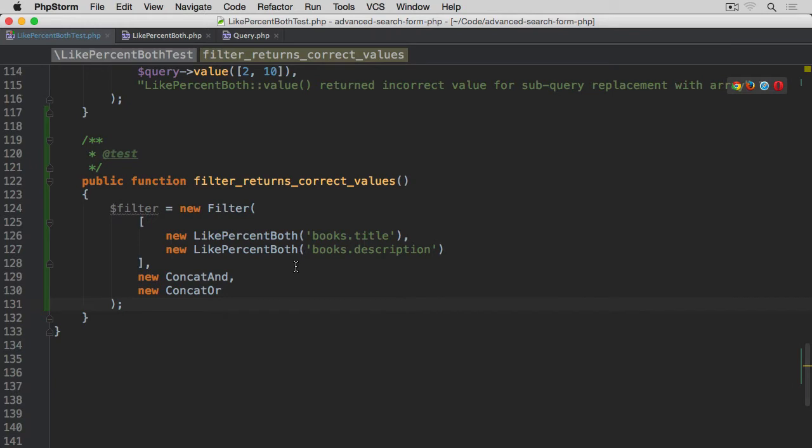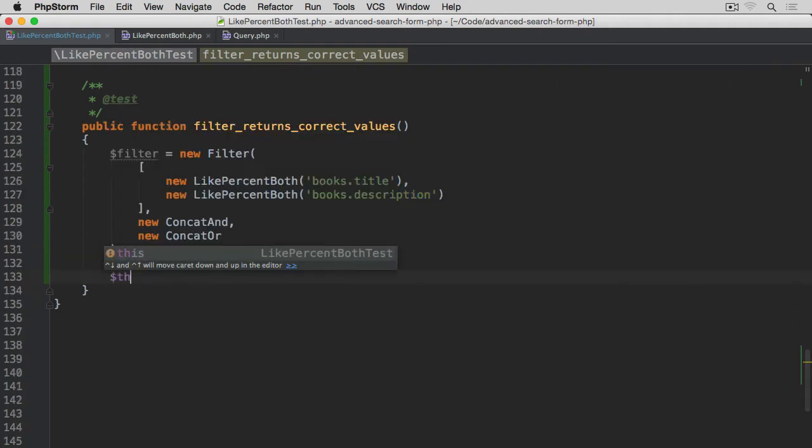So that's our filter instantiated. We have two items within a queries array. So this inner ConcatOr will basically concatenate them with the OR keyword in between. So either book's title or description equals whatever is going to be passed through. And then ConcatAnd will prepend AND at the beginning of this statement if it's not the first item within the where clause. Okay, so let's start with the assert